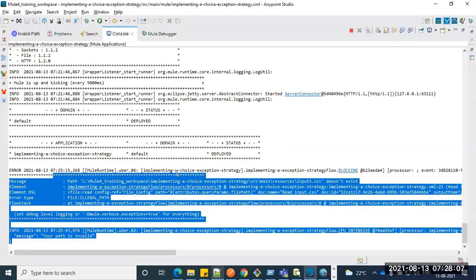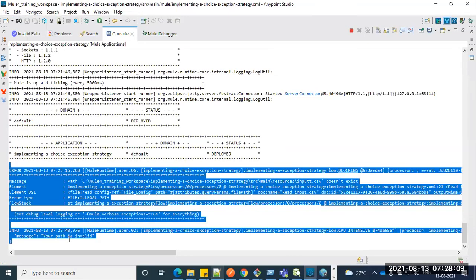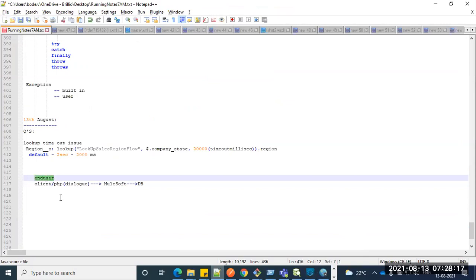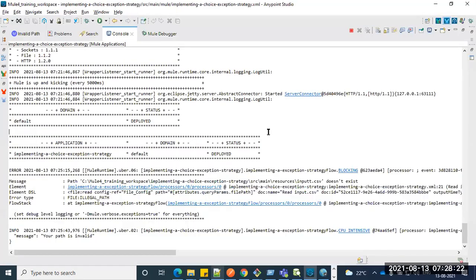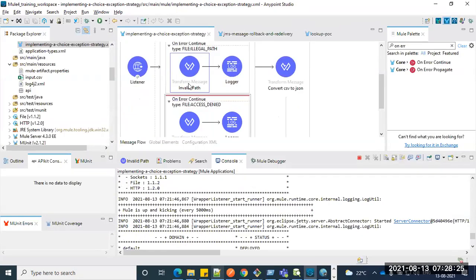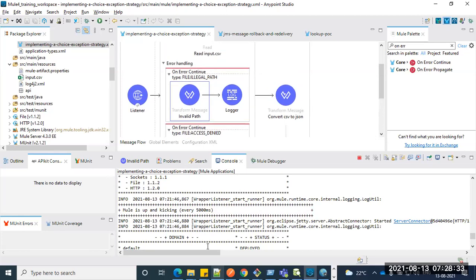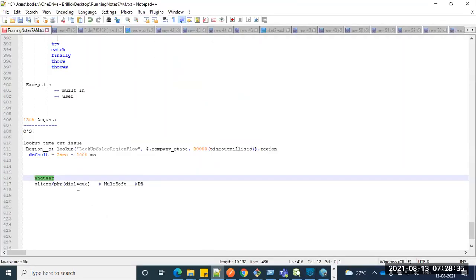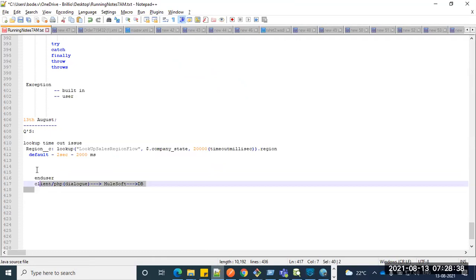So you have to take care to read this entire stack trace, the original technical message, and convert it into something meaningful, which is understood by our end user. Then you have to send it back. That's what we are doing here as part of the error handling. Even in the terms and agreements, whatever the consumers or clients say, irrespective of success or failure, send me always JSON. So accordingly, you have to prepare it.